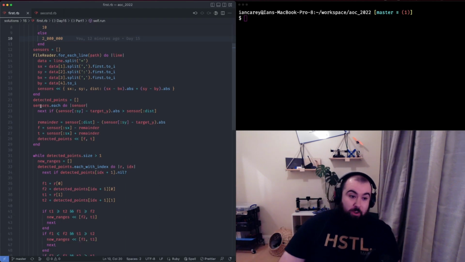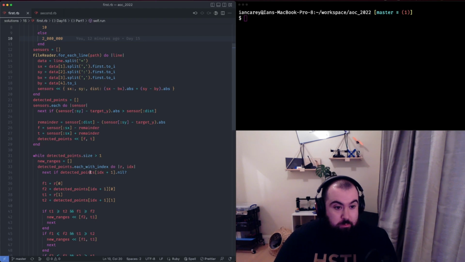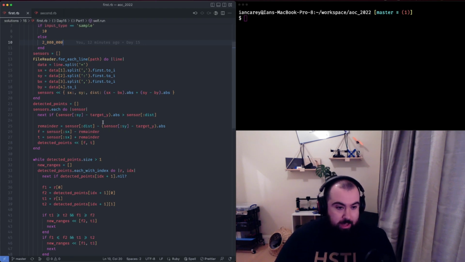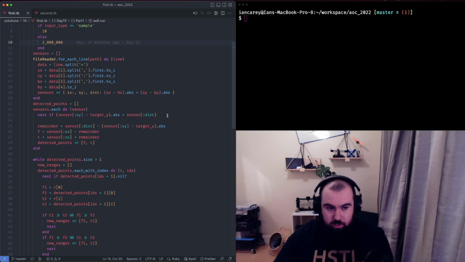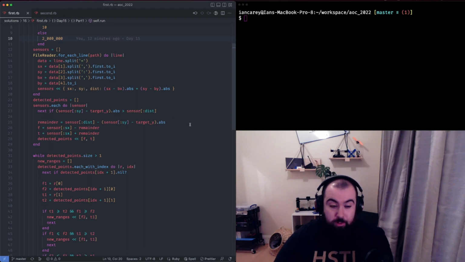So what I do is, for every sensor then, I make this loop where I try and calculate what the difference is between the sensor's Y coordinate and the target Y coordinate. So I get effectively the Manhattan distance between those two. If that's greater than the largest Manhattan distance that sensor can see, then I can skip, because I know that sensor can't see that line at all that I'm interested in, so I can just skip on to the next thing. If it can see it,